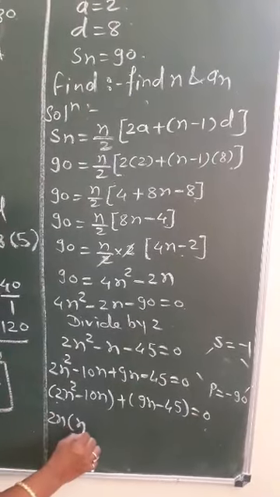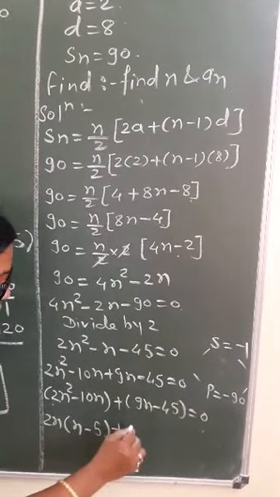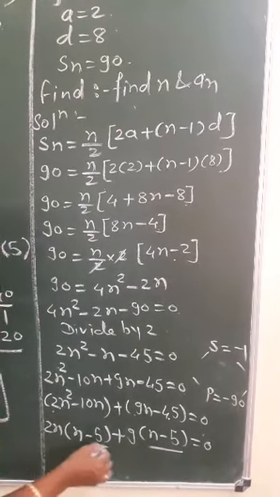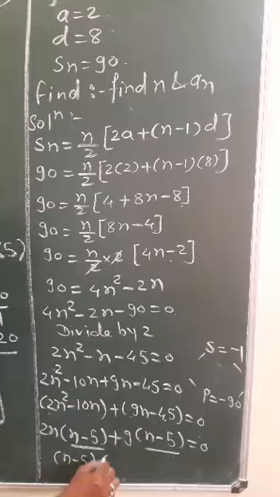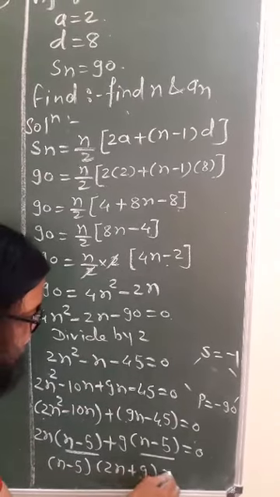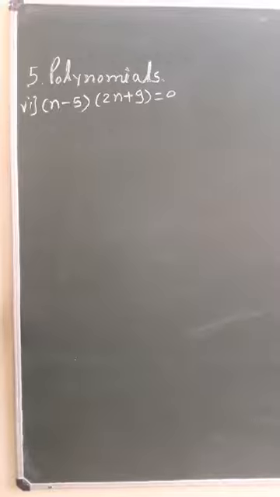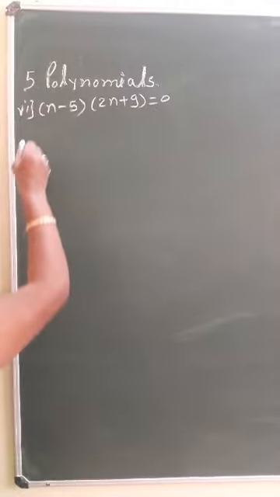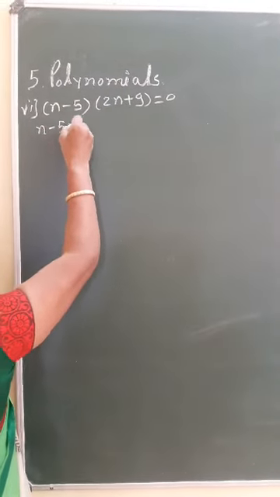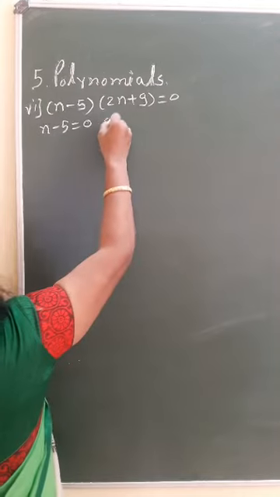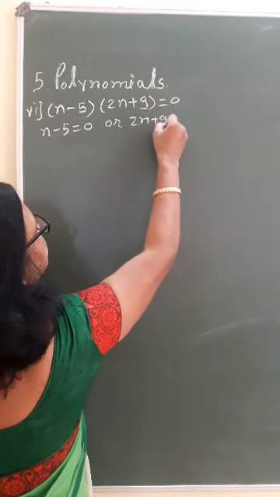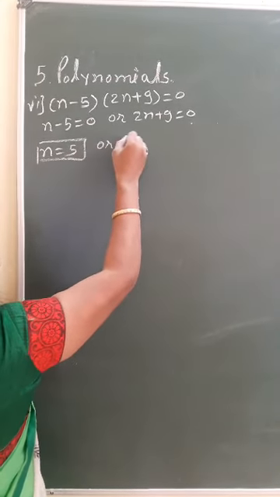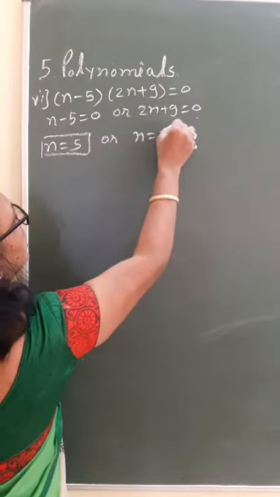So from this, what is common? 2n is common, you will get n minus 5, and plus from here 9 is common, n minus 5 which is equal to 0. This is common, n minus 5 is common and here is 2n plus 9 which is equal to 0. N minus 5 in first bracket and second bracket 2n plus 9 is equal to 0, because we got these are the two factors of a quadratic polynomial. We are going to equate with 0, n minus 5 is equal to 0 or 2n plus 9 is equal to 0. N is equal to 5 and here we will get n is equal to minus 9 by 2 if